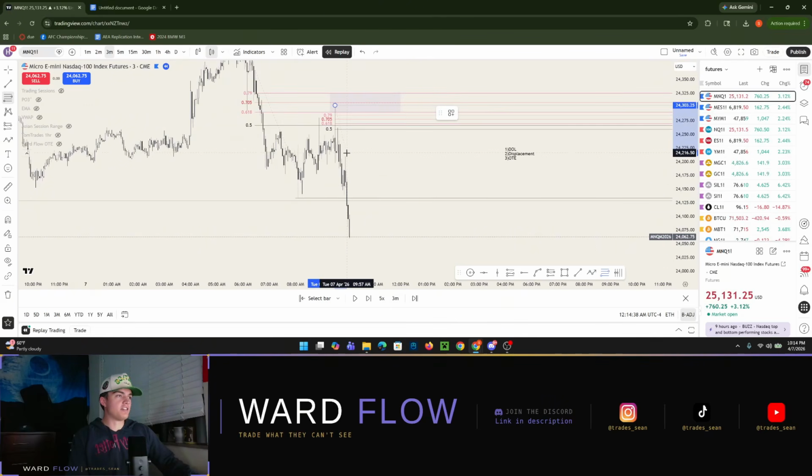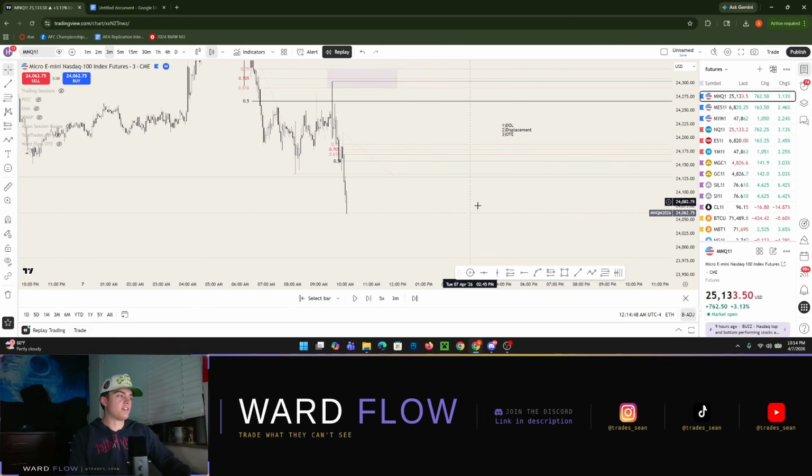So we go back to measuring OTE. We measure from here to here. We see this wick hit the 50%. So we go from this next wick down to this body again. We see 50% here, so this is already measured out. So we measure from here, and now we are waiting for price to make a low so we can properly measure this, right? So we keep clicking,